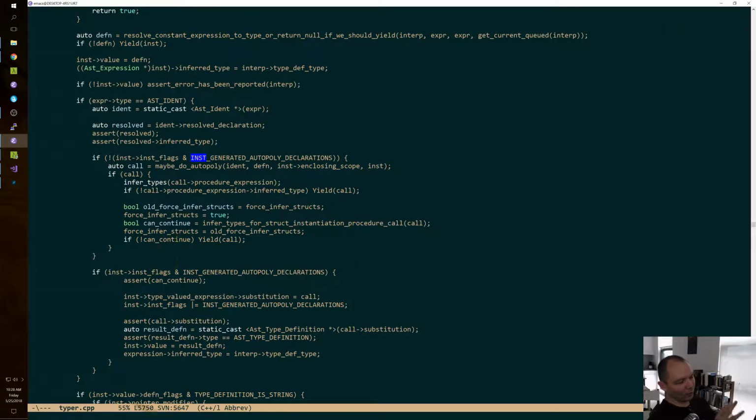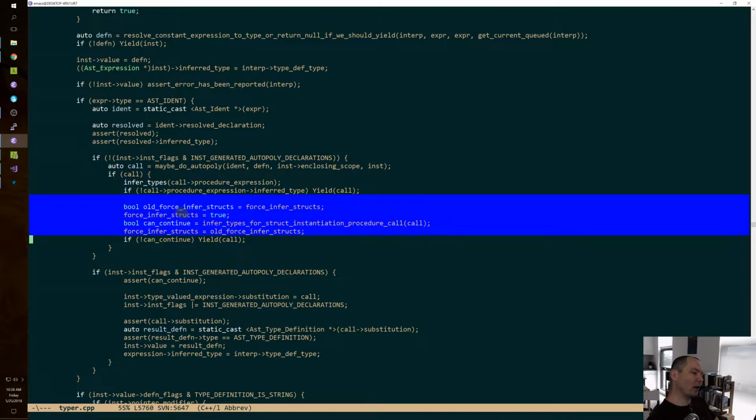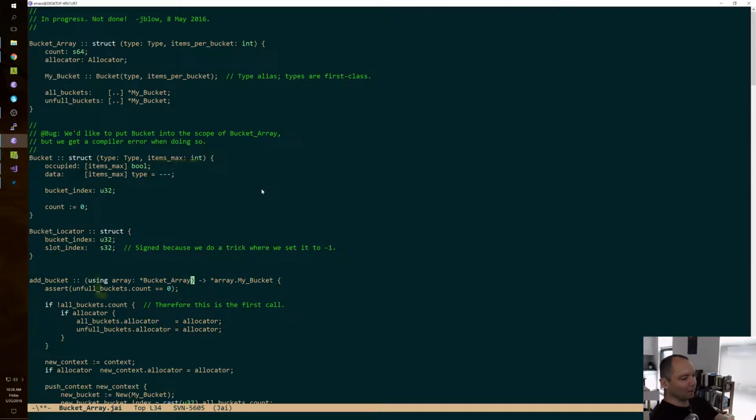So we had this thing, I actually changed it a little bit this morning. But this thing, when you have a thing that looks like a procedure call that actually instantiates a new struct with parameters, we don't really wait for that struct to be ready to be inferred. We just assert that we could continue it. This exact code that you're seeing doesn't exactly make sense because I was in the middle of pasting it. But if you remember from yesterday, anyway, the place all this code kicks in is when you have something like one of these, which is